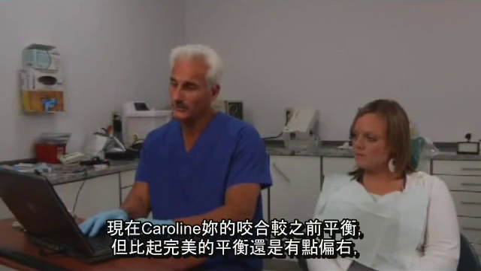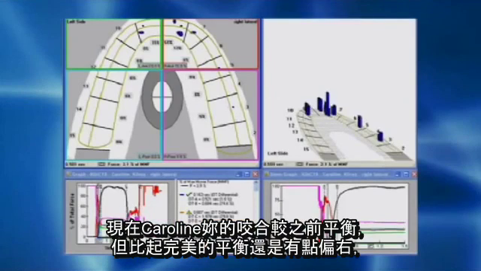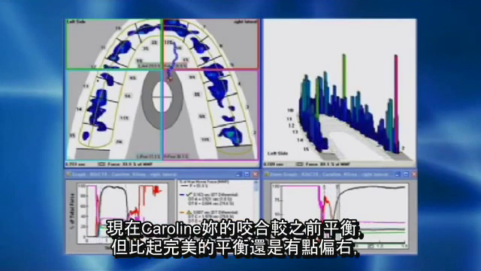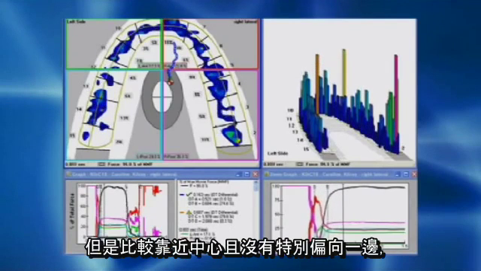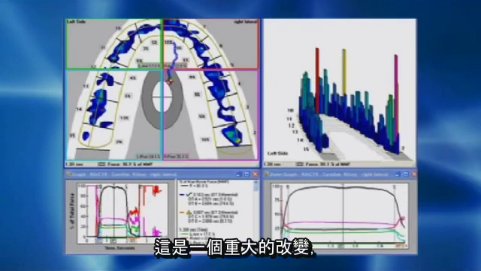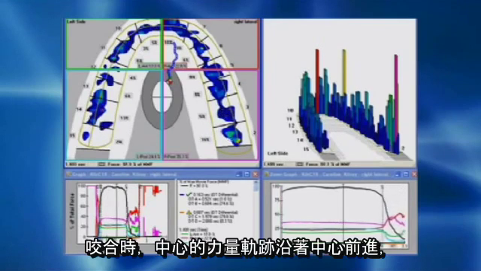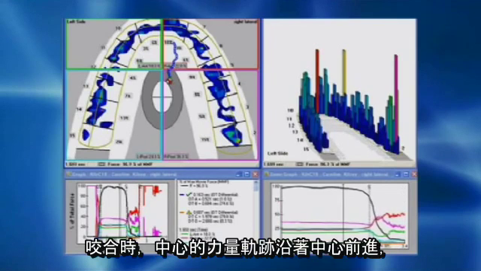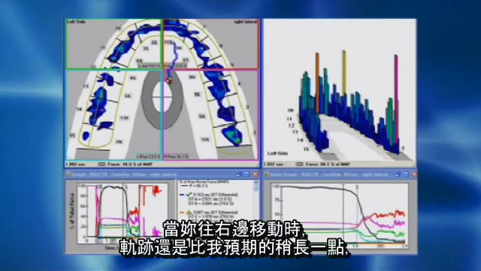So now, Caroline, when you close, you're much more balanced. You're a little more right-sided than absolutely perfectly balanced, but you're much more centered with your center of force. It doesn't travel way off to one side, which is a significant improvement, and the total center of force is more forward and within the middle of your occlusion. When you slide to the right,